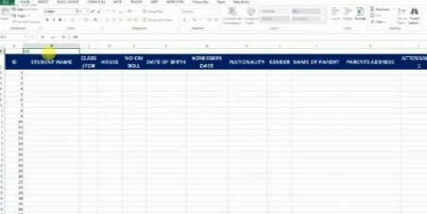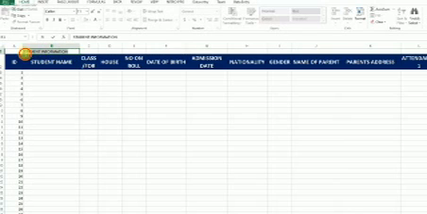With this one, we can write student information on it. So you just click on cell A1, and then we select insert. So after inserting, then you see the row.